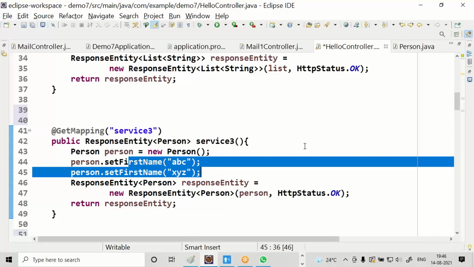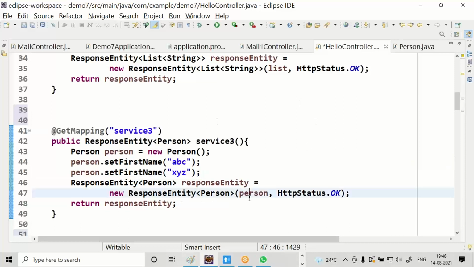Don't return person object independently. Store that person object in the response entity object along with the status code.